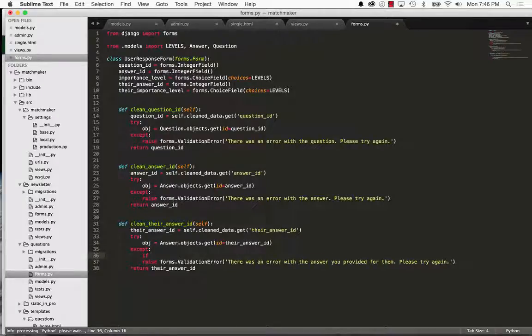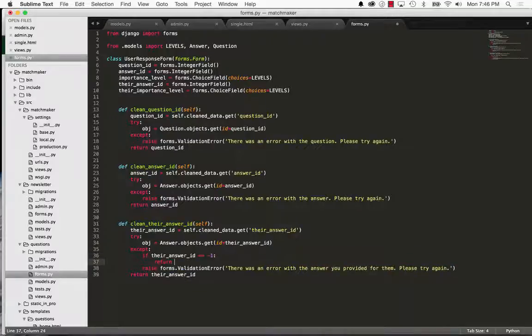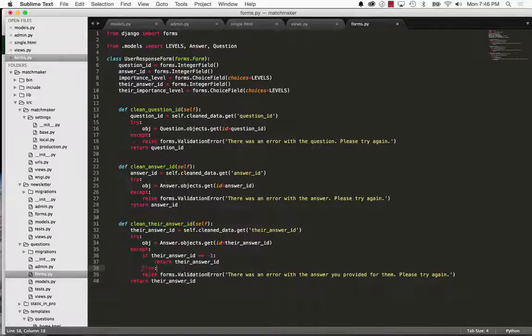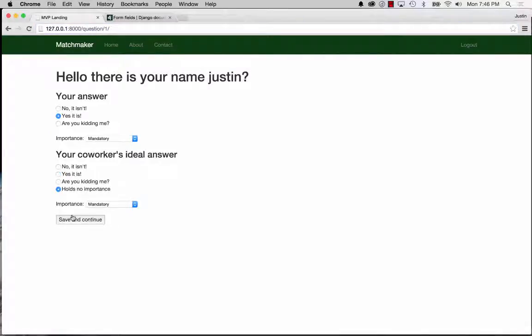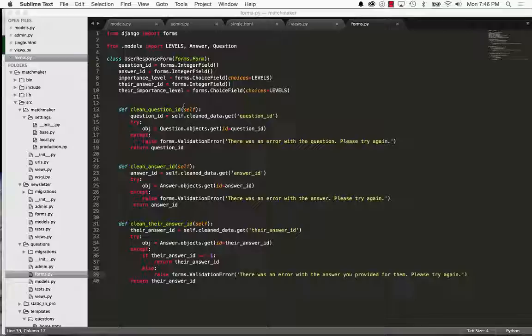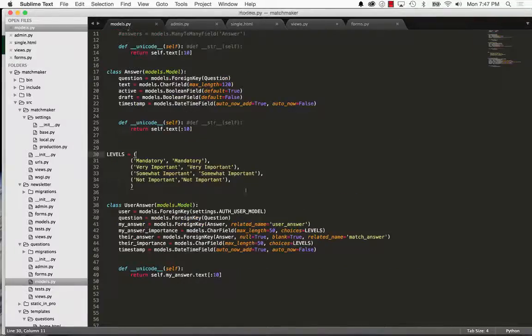If their answer ID is equal to -1, return their answer ID, and else we'll raise that form validation error. So we'll try that one more time, and we'll say holds no importance, save and continue. That time it actually did save it, but the actual ID, or the answer was already associated to it, so it didn't remove it. So in our models,